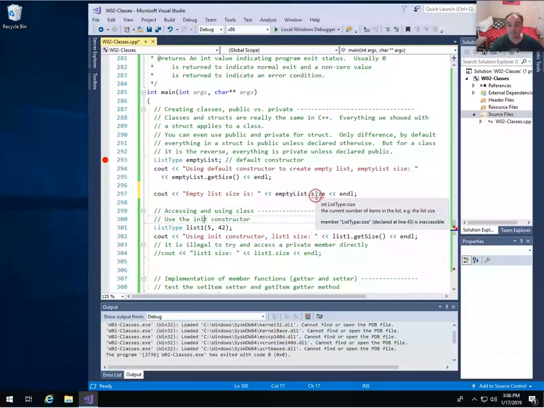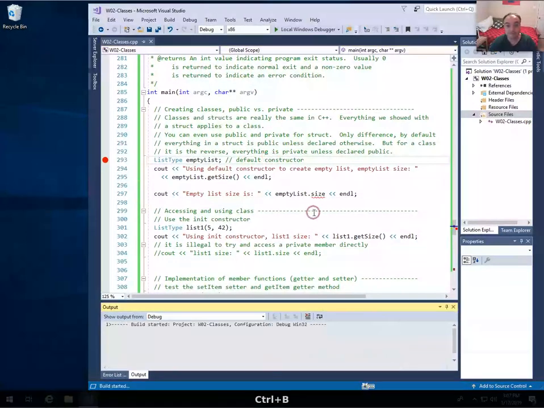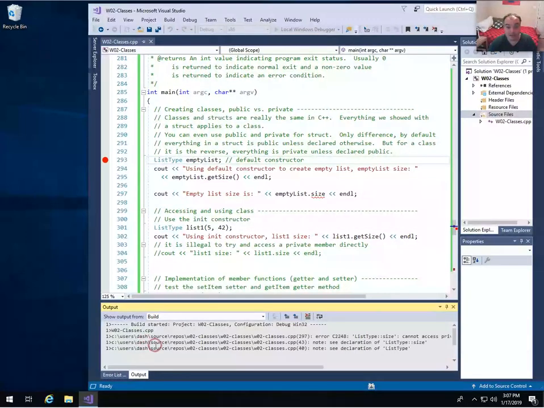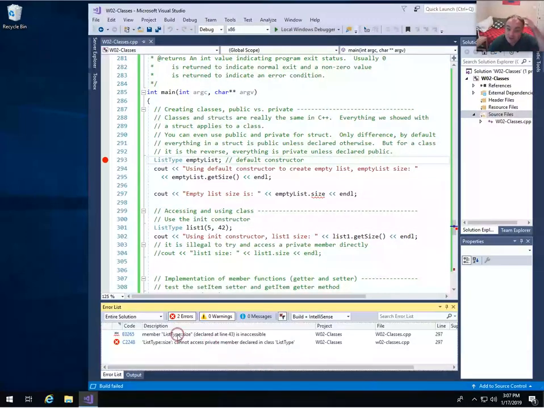The member of list type, size, is declared private. Again, these messages often aren't as clear as they could or should be. It's inaccessible because we declared it private. It won't even allow me to run this code. If I try to compile it, we'll get a compiler message. So if we build, we'll get an error message. The second message we get is a little bit clearer: we can't access the private member because it's declared private